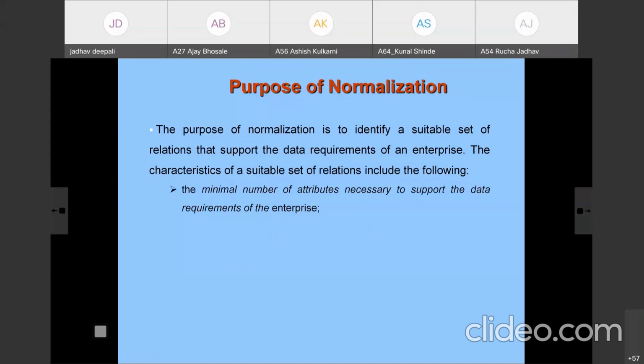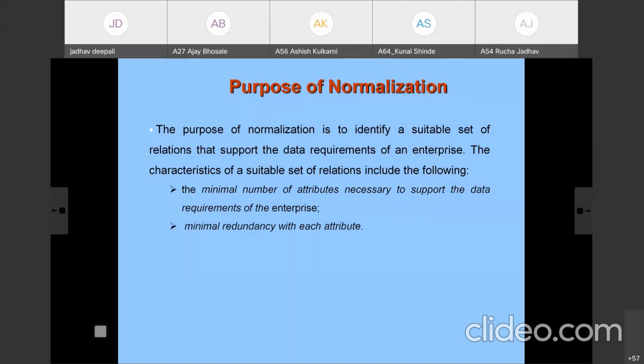For department, name, building, budget is sufficient. Not necessary the size of the department or the different things that are not required. Instructor: ID, name, department name, salary. Okay, it is sufficient. Not necessary the dependents, who are the dependents of that instructor and all these things. In our university example, for student, ID, name, department name, total credits are sufficient.